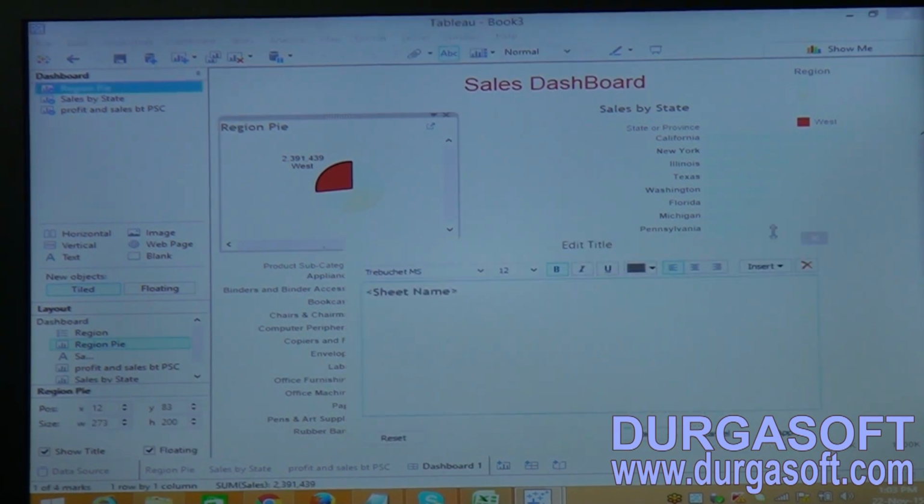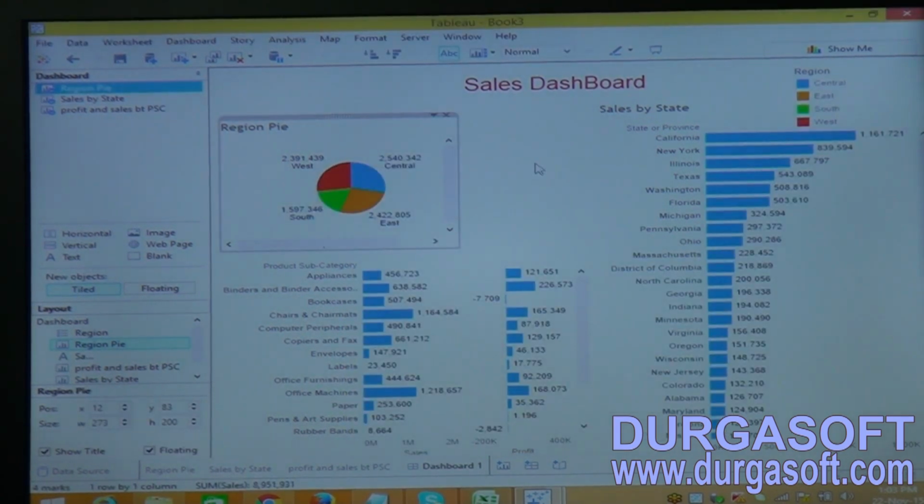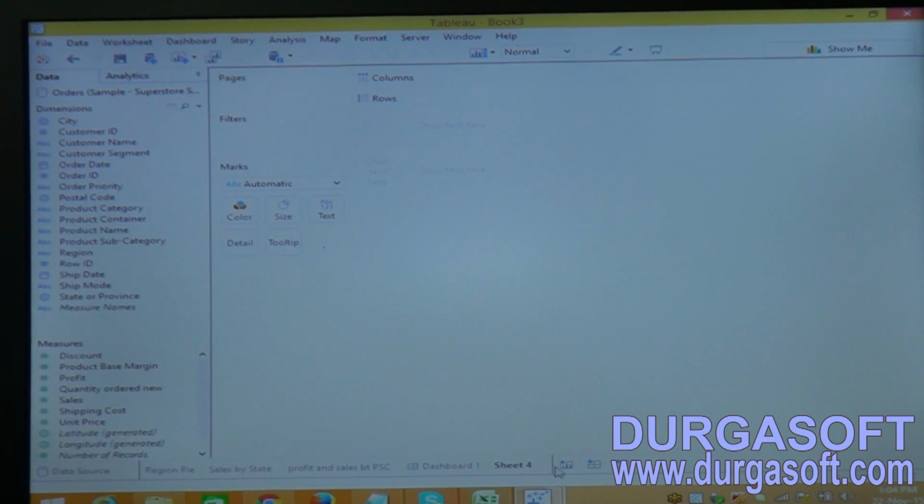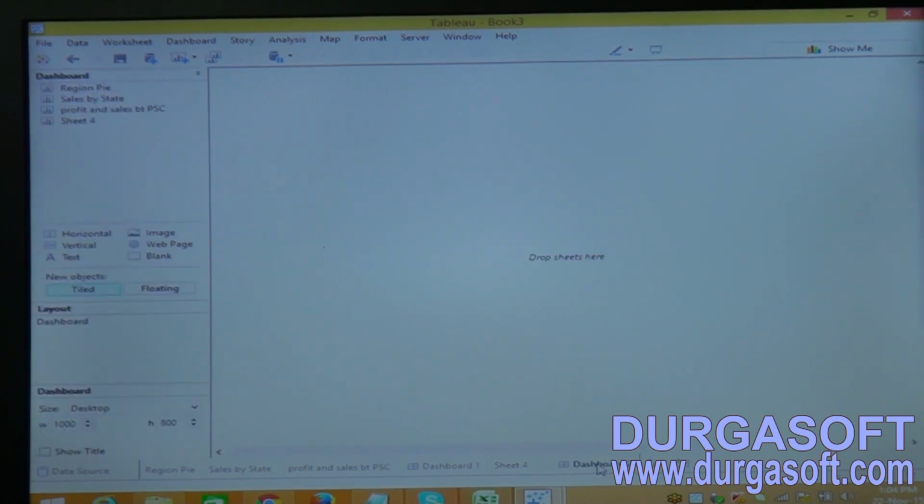So this is the way to represent the data here. So let me create one more dashboard. Double click on this and select this. See, we have some other dashboard components: vertical, horizontal, text, image, web and blank page. Now see this blank page, nothing, it will only show you that the total is a blank page.